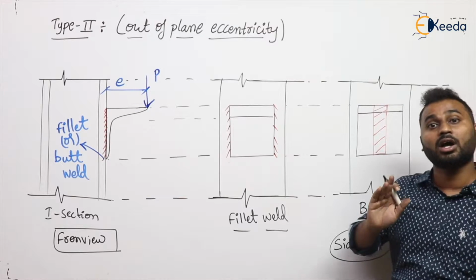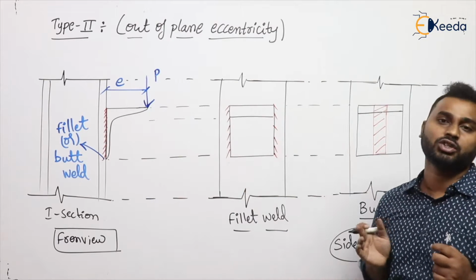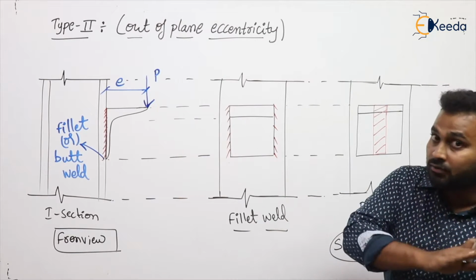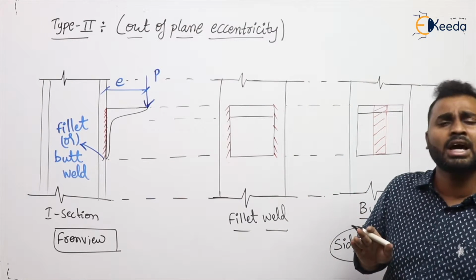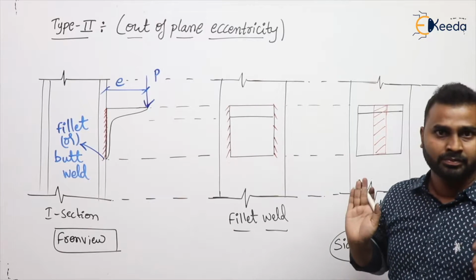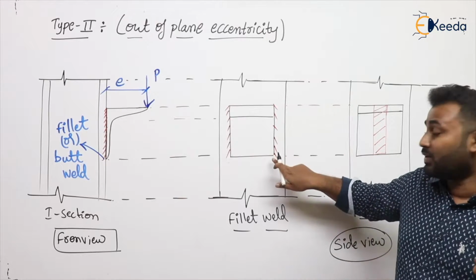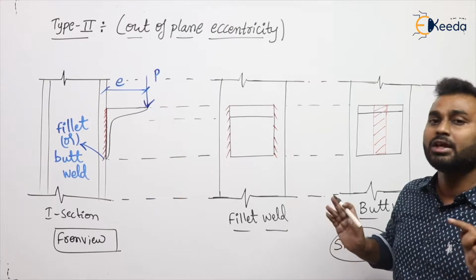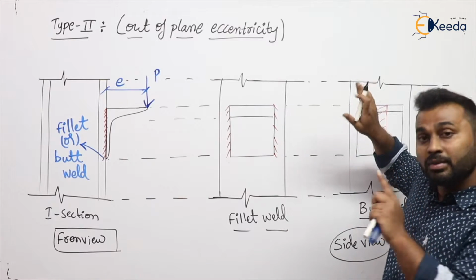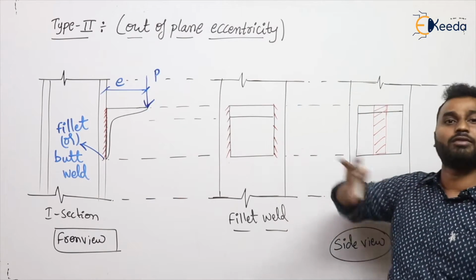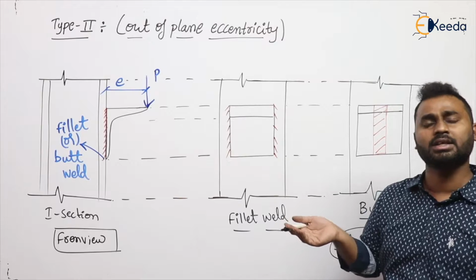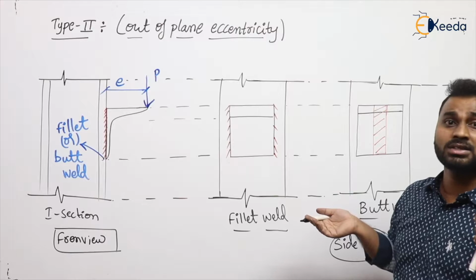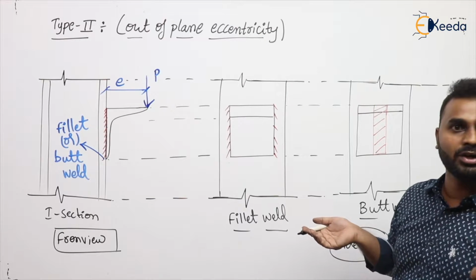That is the reason butt weld is always done only in workshops, but not in field. Whereas coming to the fillet weld, we can do that fillet weld either in field or in workshop. That is the reason fillet weld is considered the most versatile out of all types of welding. Therefore, in 80% of cases, we make welded connections by making use of fillet weld only, because of so many reasons. The most important reasons are less cost and ease of fabricating the members by making use of fillet weld.